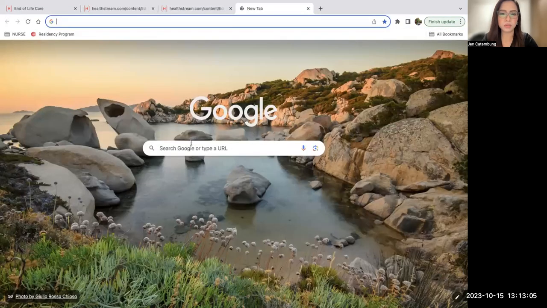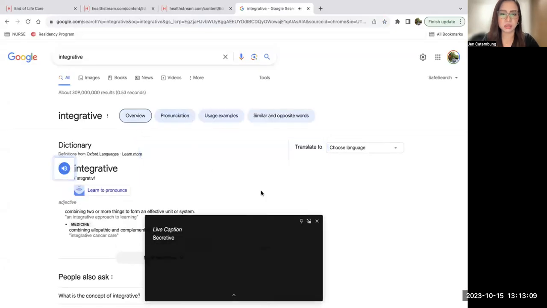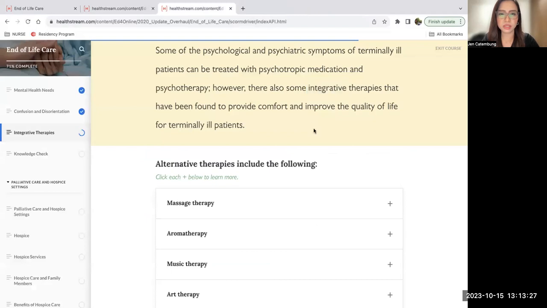Integrative. Combining allopathic and complementary integrative cancer care. So integrative means combining two or more things to form an effective unit. Integrative therapies have been found to provide comfort and improve the quality of life for terminally ill